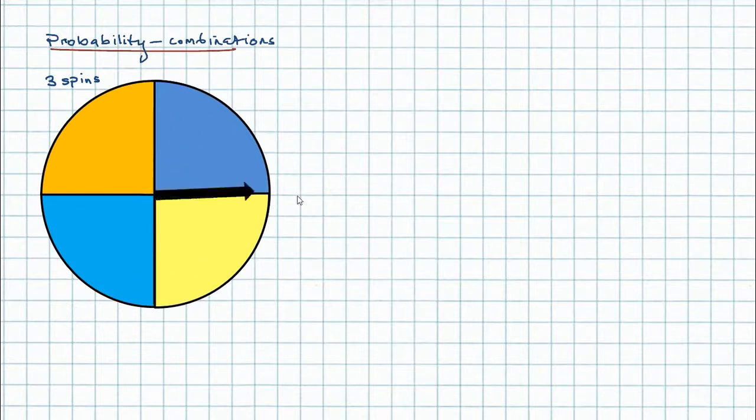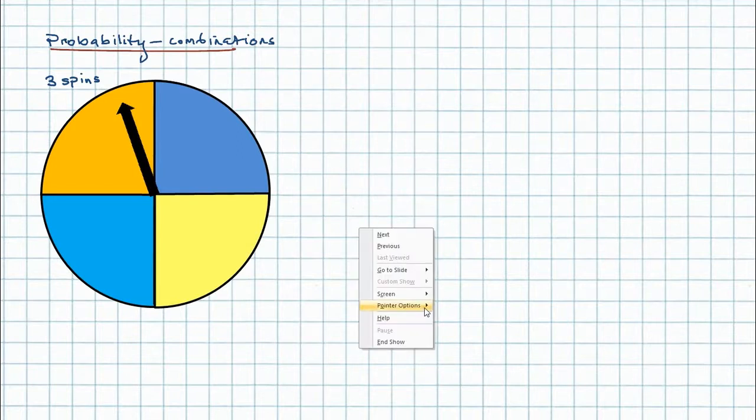Now what we're going to ask ourselves is what's the chance of it landing on, well, okay, in this case amber, let's say exactly once in those 3 spins. What would that look like on a probability tree diagram? So